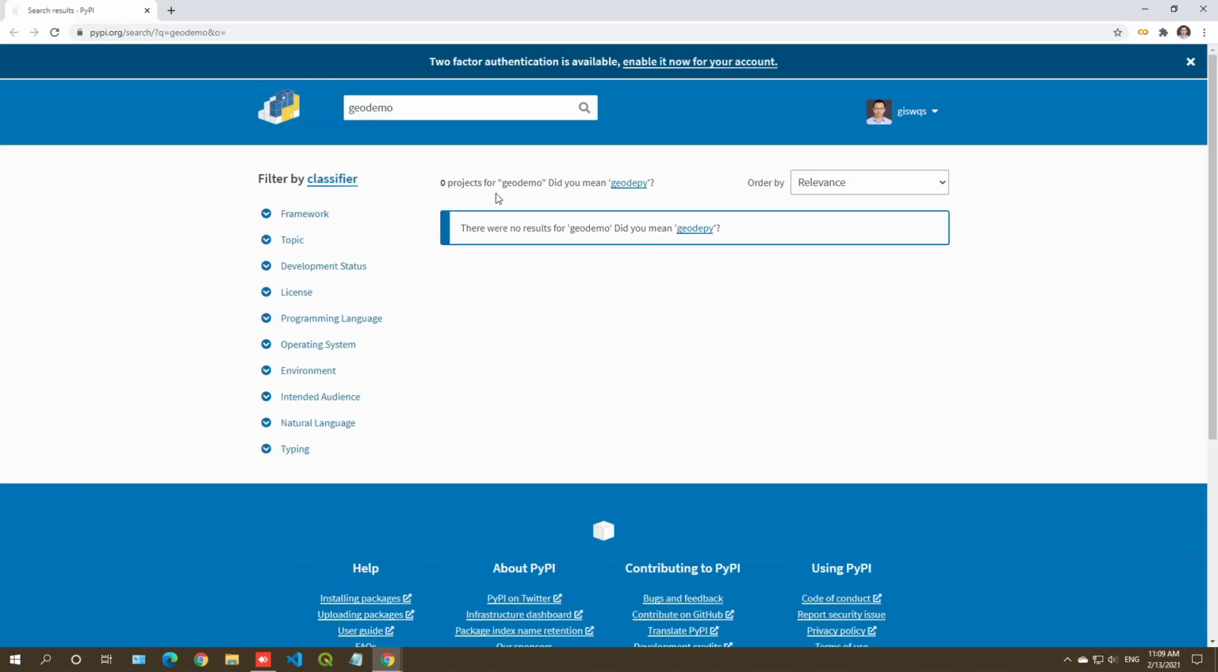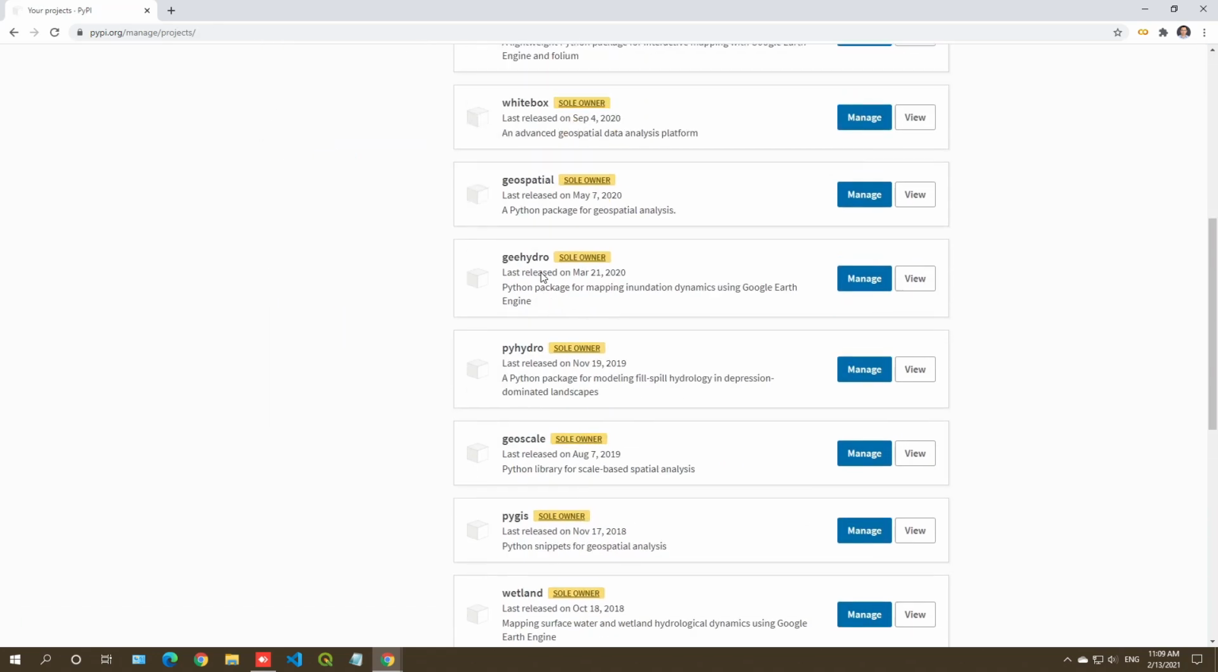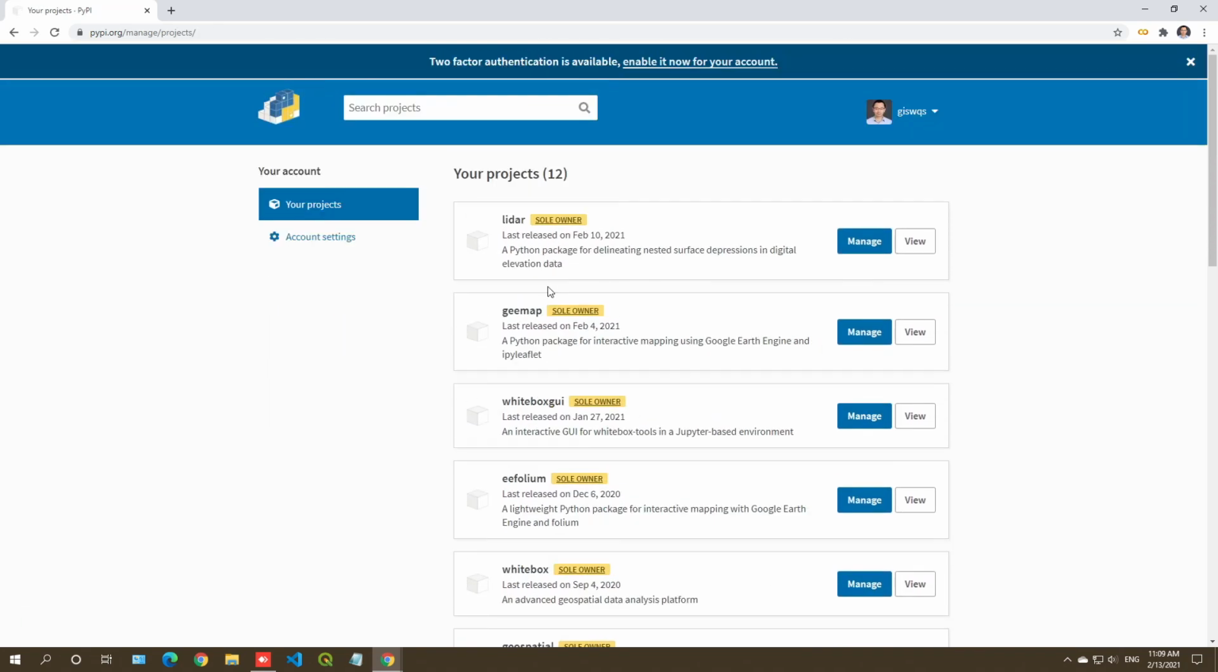Okay, so this one looks good. No one has used this name, so I'm going to just use this name as the package name. But you can also take a look at some of the projects that I developed. I also have a bunch of other packages, but we are just going to use geodemo as the